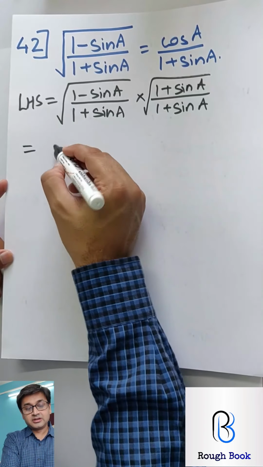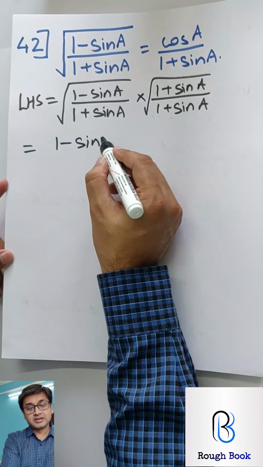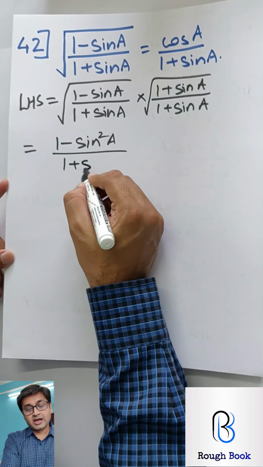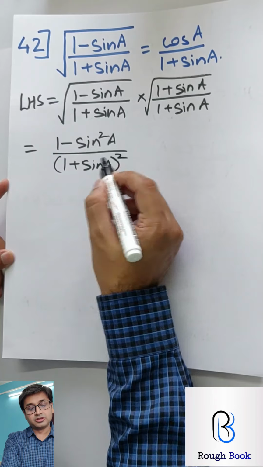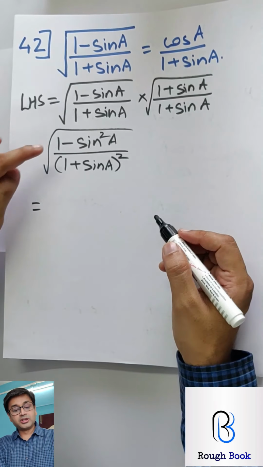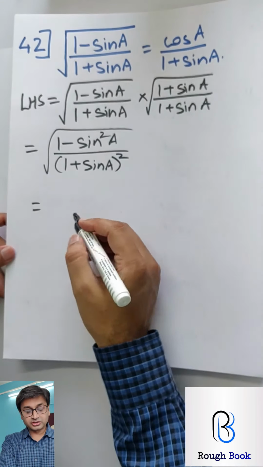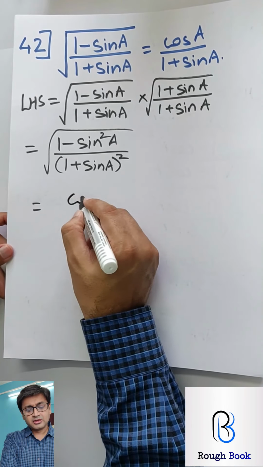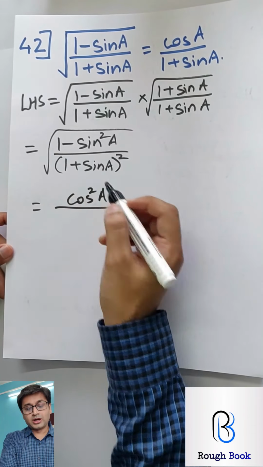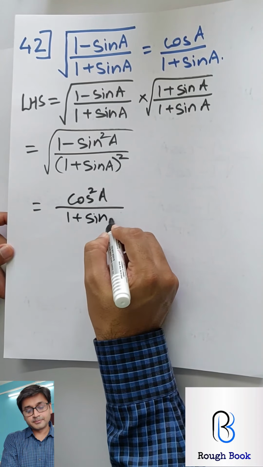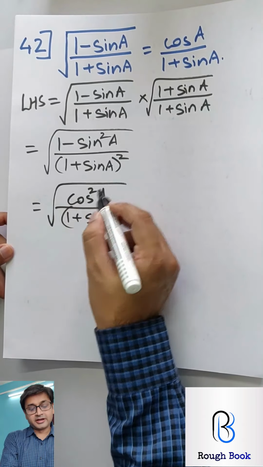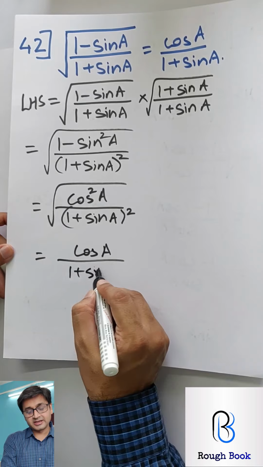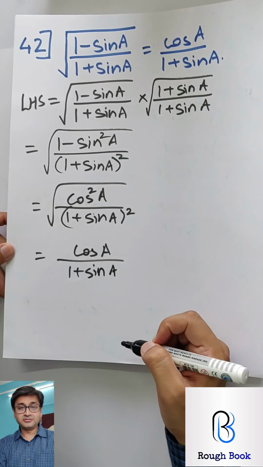So now we know this. So let's take this forward. 1 minus A plus B, A minus B. So A square minus B square. And 1 plus sine A the whole square under the root. What is 1 minus sine square? Cos square. Come on, take it forward. It's very simple. Pause. You will get it. So cos square upon 1 plus sine the whole square. Getting rid of the root with the square, so I'll get cos A upon 1 plus sine A. Is that what was needed?